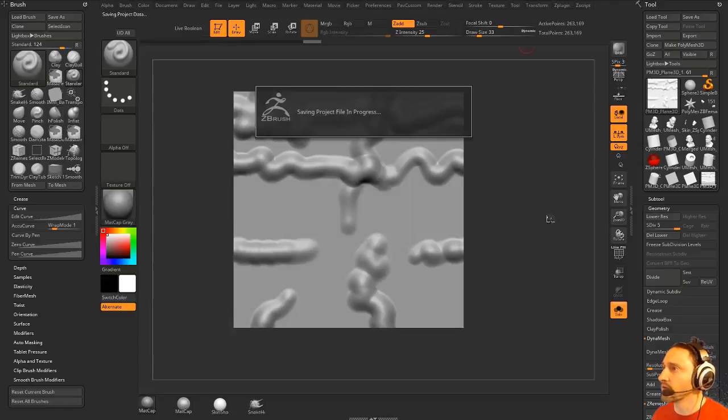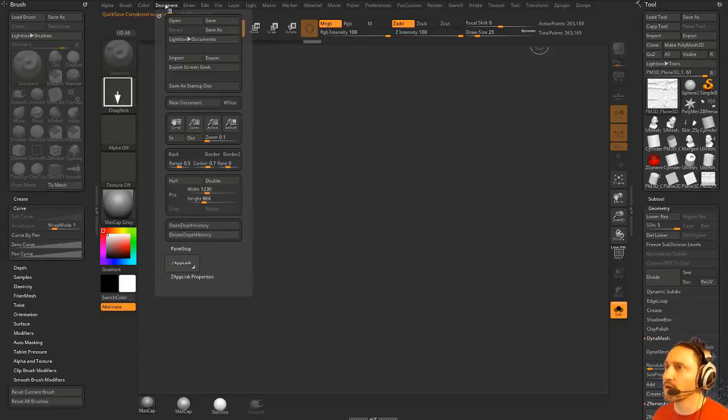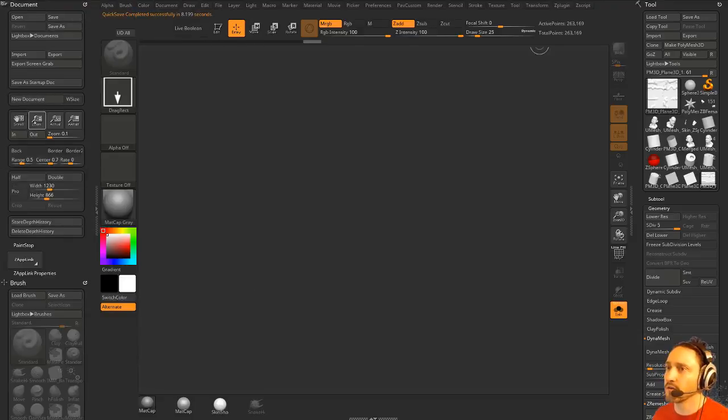And I'm going to do a quick save real quick. I'm going to hit Control N. Didn't realize we had that much stuff saved. There we go. Go to Venom, hit Control N. Did it even do it? Hold on. So I'm going to go into Document here, and what you can do is you can zoom out